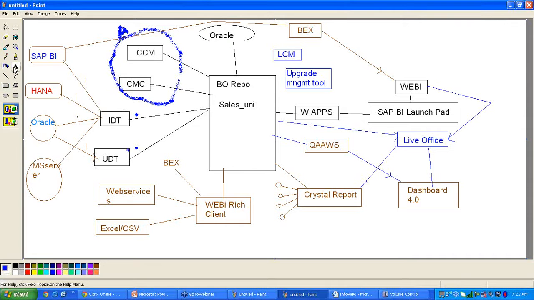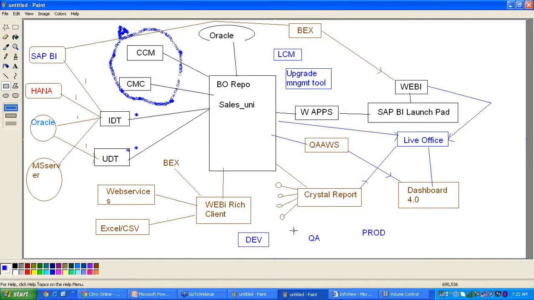You develop the reports in the development system and want to send these reports to the QA system so users can test them. How is that possible? How can we transport these universes and reports from the development system to QA to production?